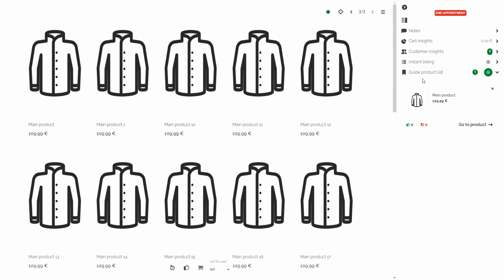So at the end of my appointment, I could then just go to my guide product list and talk to my attendees about these saved products.